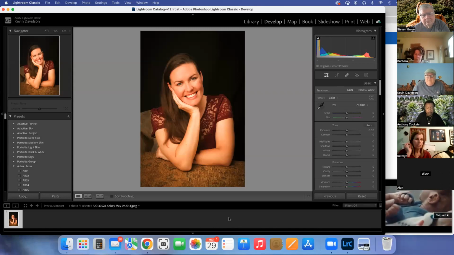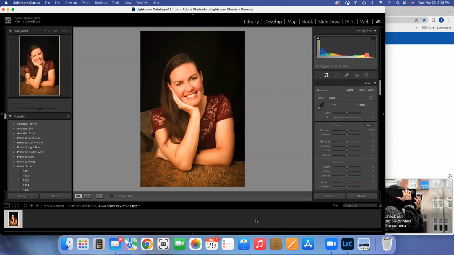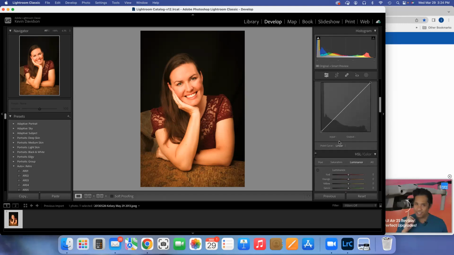So we've decided to work with this portrait that Amy shared with us. And again, I've already imported it into my Lightroom. The library and the develop module here at the top are the same because I only have one picture that I imported. So in the develop module, what this lady suggests we do first is this sharpening issue